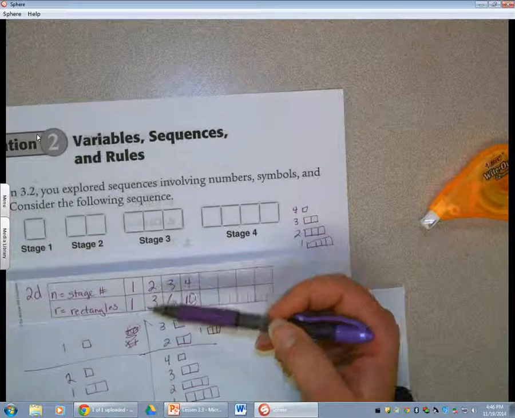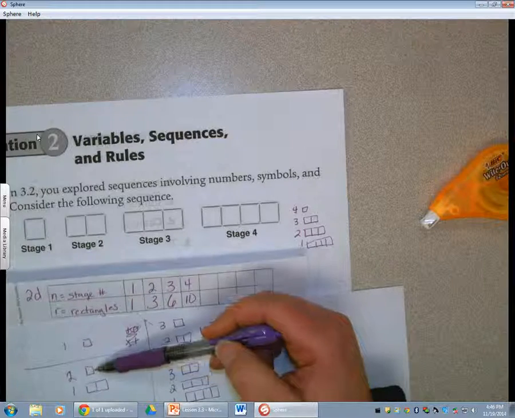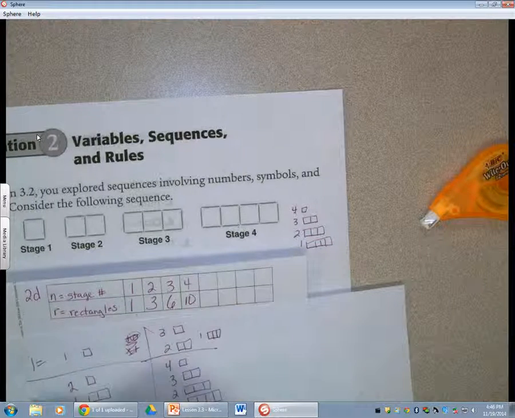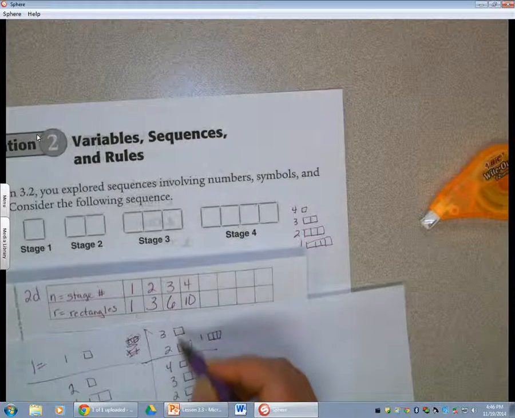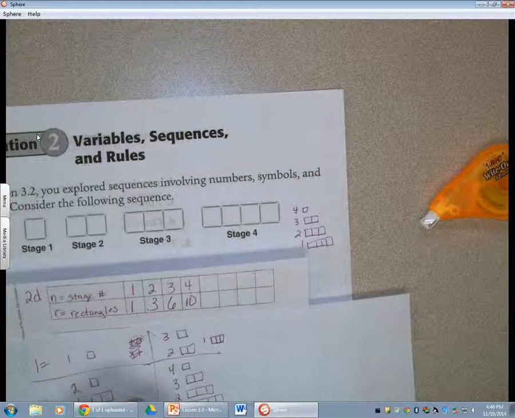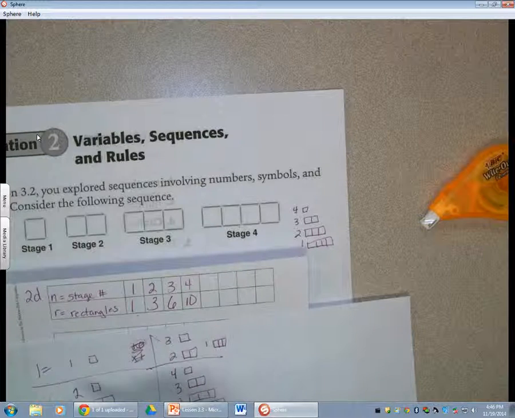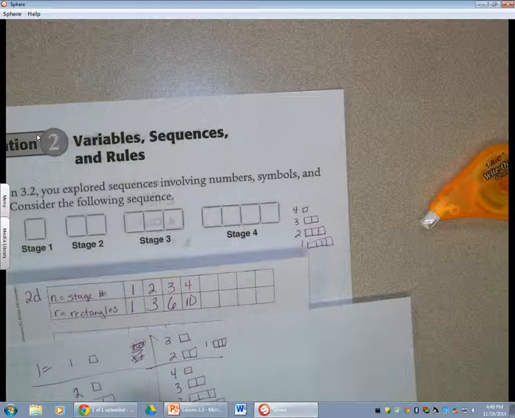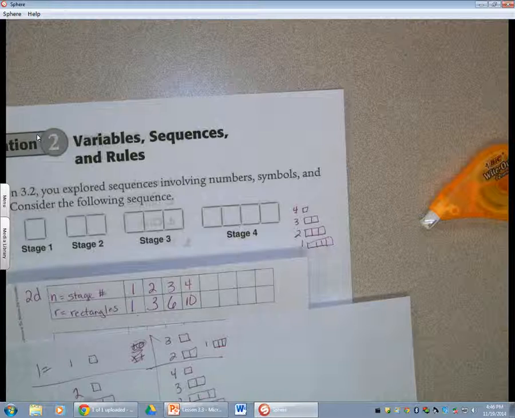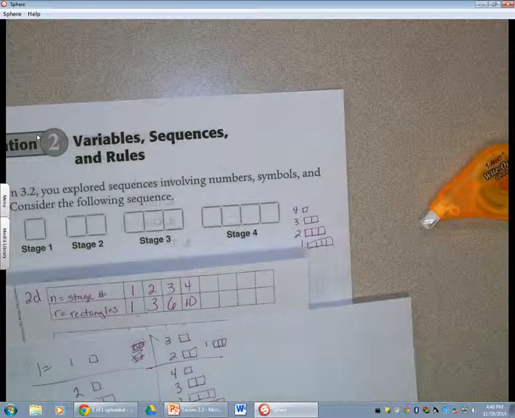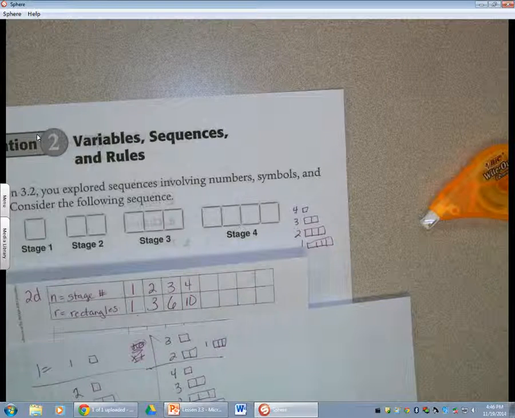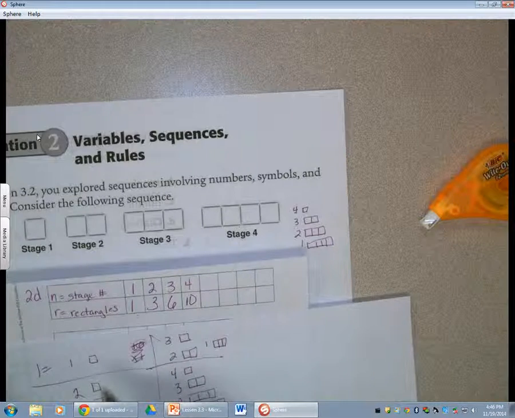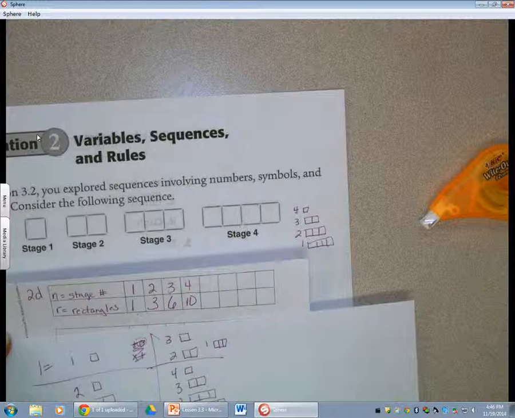Let's see. If we do, for stage 1, it was 1. For stage 2, it can't be plus 1. But it could be, I wonder if we added 1 to the stage number,